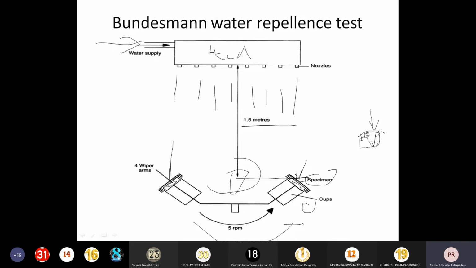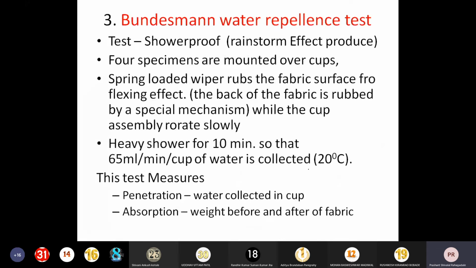You can control the supply because it is up to you. So heavy rain condition means 65 ml of water at least एक कप के ऊपर जाना चाहिए. उससे कम रहेगा तो मॉडरेट रेन, उससे कम रहेगा तो लाइट रेन. सो दैट इज डिपेंड ऑन यू. सो नाउ as I told you, the heavy shower we are here trying to maintain the heavy shower for 10 minutes so that the rate is